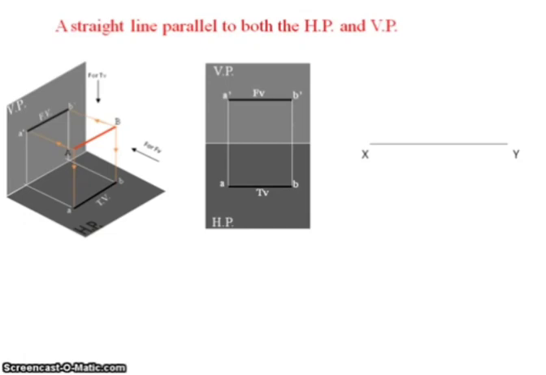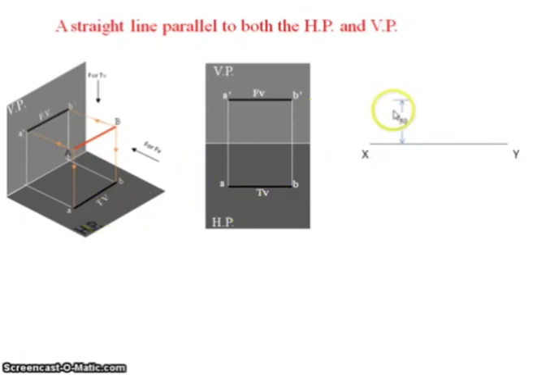So here first we draw the front view. In front view, we have to locate the distance of the straight line from the horizontal plane. That means in front view we can see the distance of the straight line from the horizontal plane. That means it will be above the horizontal plane at a certain distance. So how much height has been given, that means at which distance it is located above the horizontal plane. So here I am taking the distance as 30 mm. So the straight line is placed 30 mm above the horizontal plane.